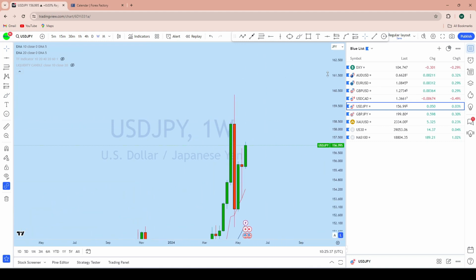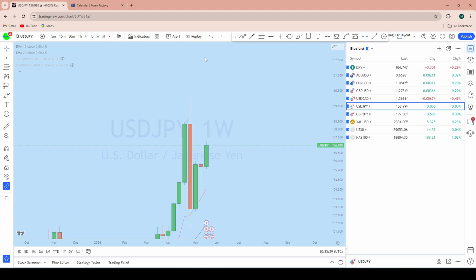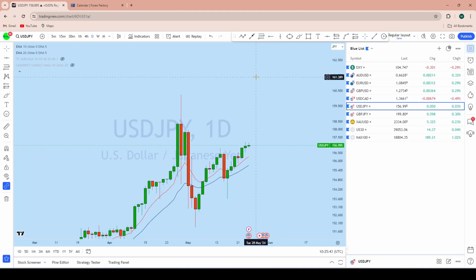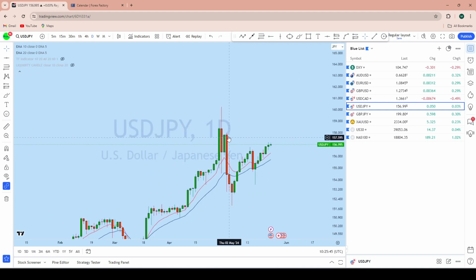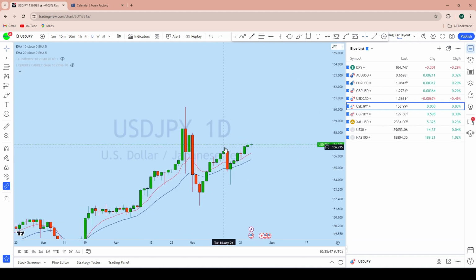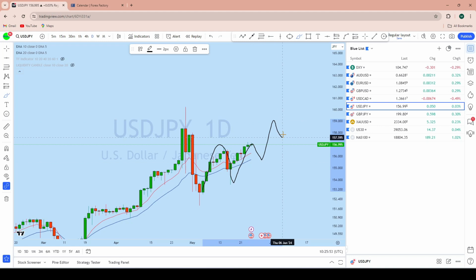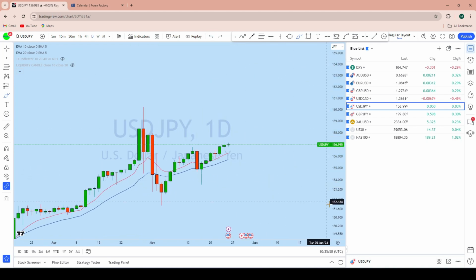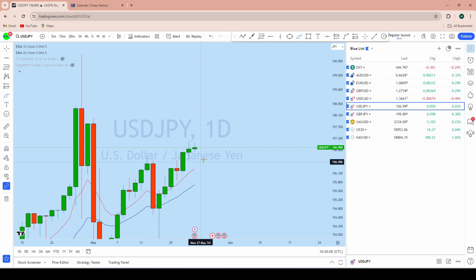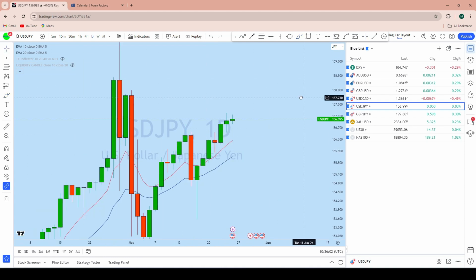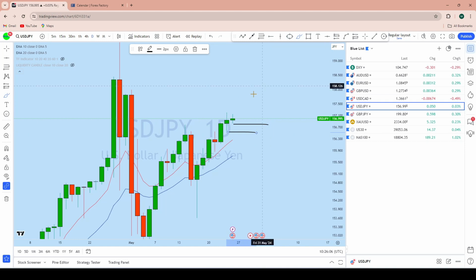Now if we look at the daily chart on dollar yen, this is a daily bullish price action as well. We saw a breakdown here followed by another impulse followed by a pullback. So it is typically a bullish market structure on dollar yen, and we might see a bullish continuation pattern in this market. Any drop, as you can see, back-to-back 2 daily narrow dojis signaling potential bullish continuation